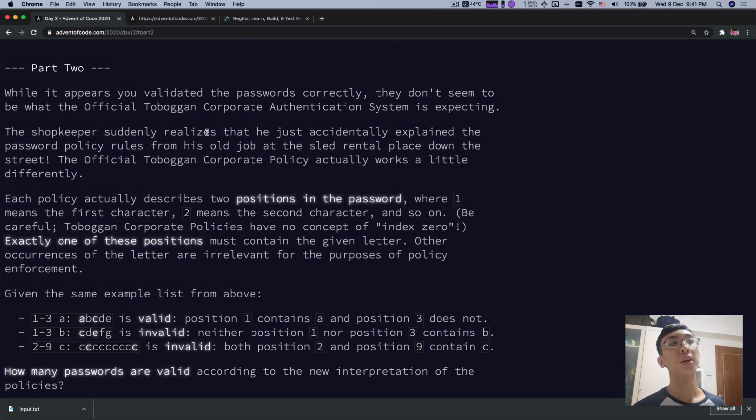While it appears you validated the password correctly, they don't seem to be what the official Toboggan Corporate authentication system is expecting. The shopkeeper suddenly realizes that he just accidentally explained the password policy rules from his old job at the sled rental place down the street. Well, the official Toboggan Corporate policy actually works a little differently. What? So each